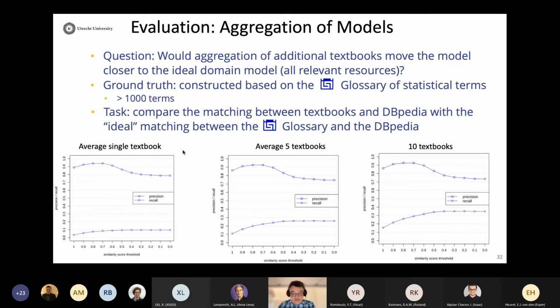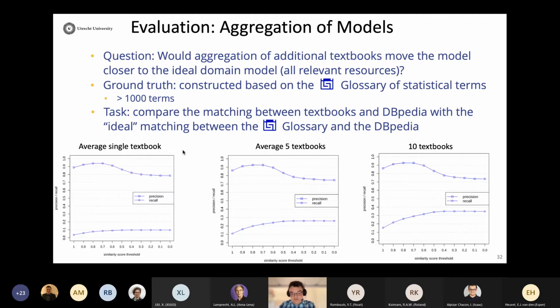And essentially, once again, these plots show the differences, right? So for a single textbook, the precision is pretty high, but the recall is pretty low, right? Because, well, a single textbook does not provide you with enough information, I would say, compared to the set of statistical resources that you might retrieve from Wikipedia.